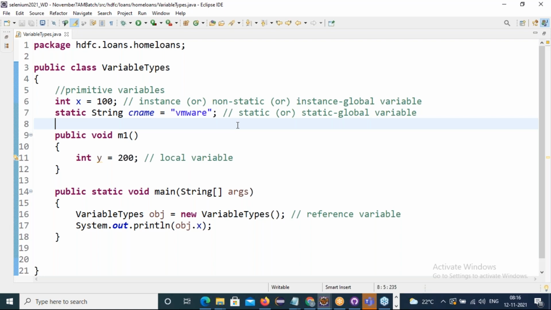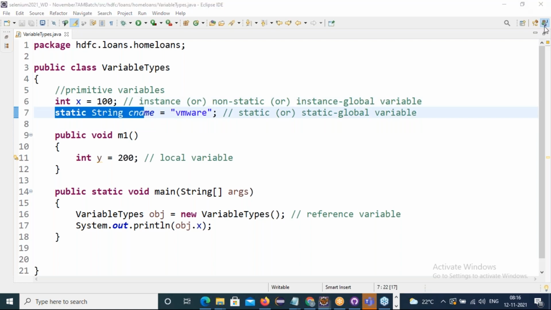So now accessibility, scope: where can I access instance variables, static variables, and local variables? Friends, instance variables and static variables, we can access anywhere in the program.